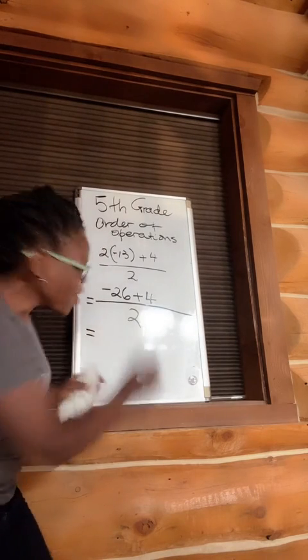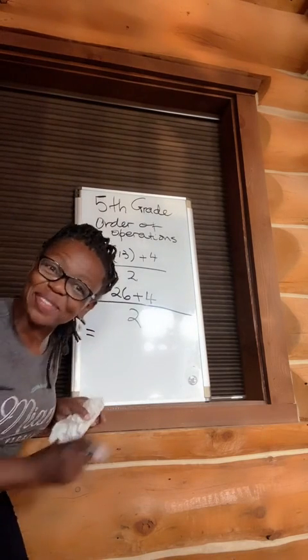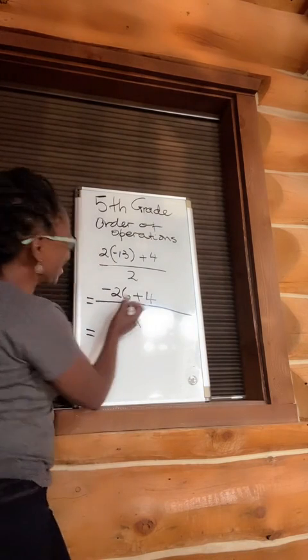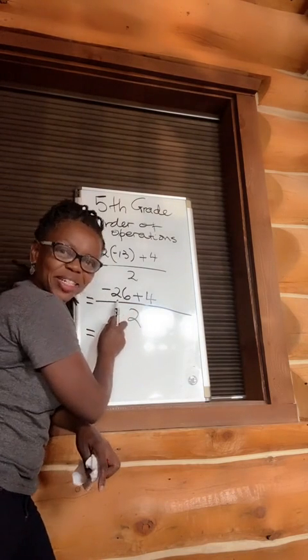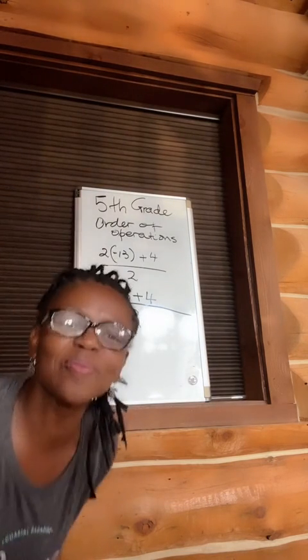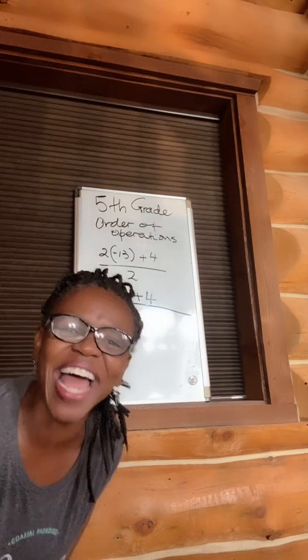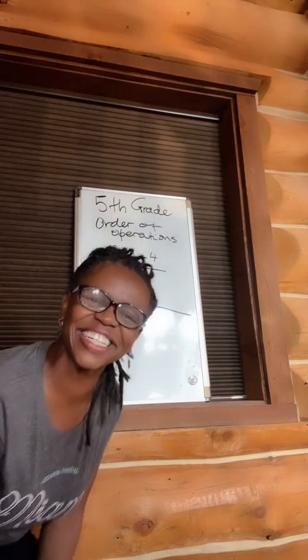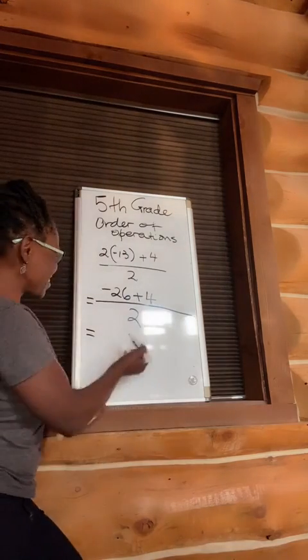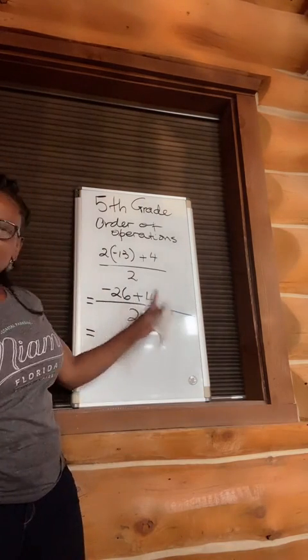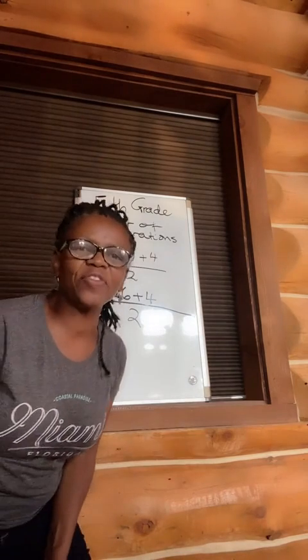Somebody said we can cancel before, remember? What's minus 26 plus 4? Now you get it. I'm glad you get it. Minus 26 plus 4. If you have negative,